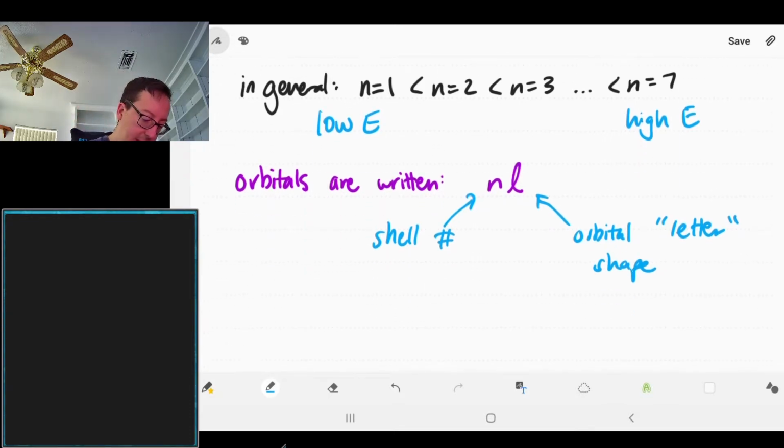And so we could say something like a 4s orbital. So it is an S subshell located within the fourth shell. We could say something like a 4p orbital. That is the p orbital contained within the fourth shell. And if we're to compare these energies, if we want to compare two orbitals and say, okay, which one is higher energy, which one is lower energy,